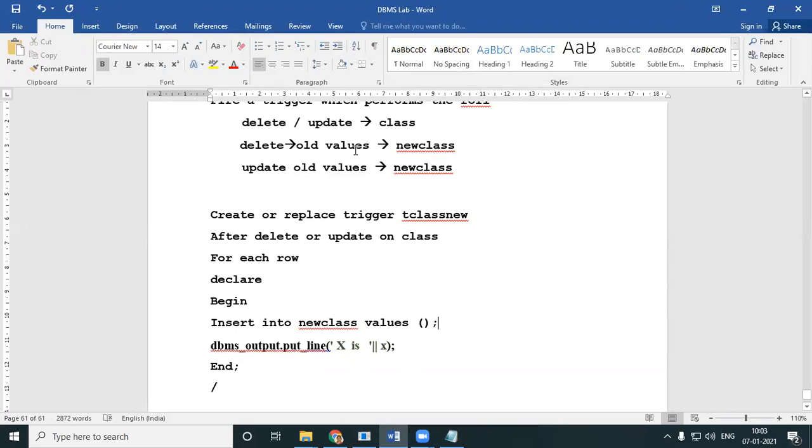I should put in my old I and my old J, so old dot I and old dot J. I'll just have some output, the statement: Backup created.